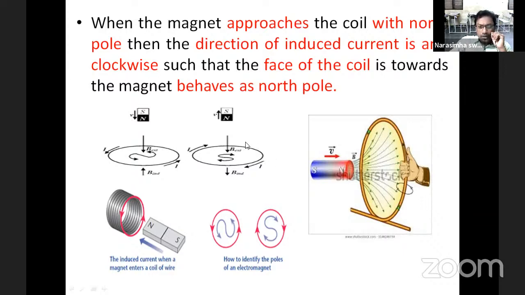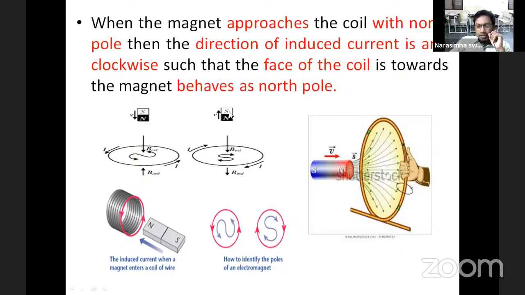Once it is in a clockwise direction, observe that the magnetic field due to the induced current becomes south polarity. Then this is south polarity and this is the north pole of the magnet, so both will attract. This means the induced EMF is not allowing the magnet to move away. So here, the EMF is